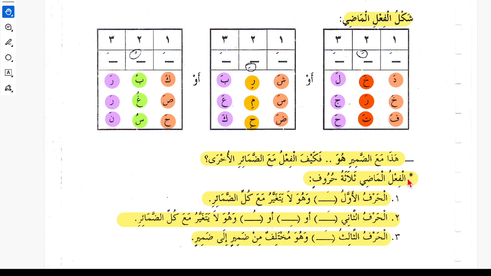So let's go through it. Haza Maz the Miru Hua. All these forms that are given are the forms of Hua. Like I said, Dakhala, he entered, he left, he opened. You will see that I'm using he, because those are all the forms of Hua. But we have other pronouns like Hua, Huma, Hum, Hiya, Huma, Hunna, and those are the third person pronouns. Then the second person, anta, antuma, antum, anti, antuma, antunna. And then the first person, ana, nahnu. So those all pronouns have